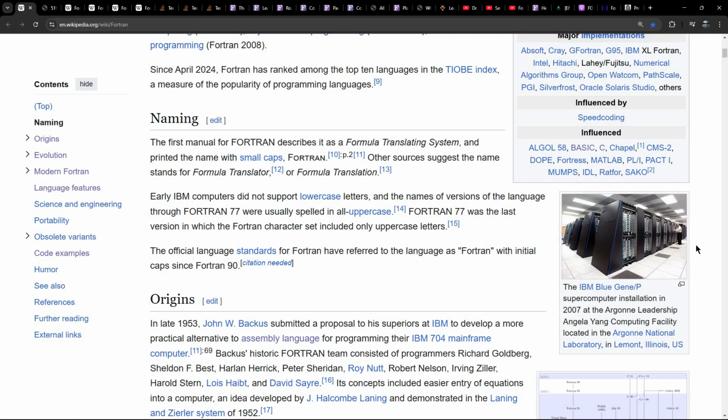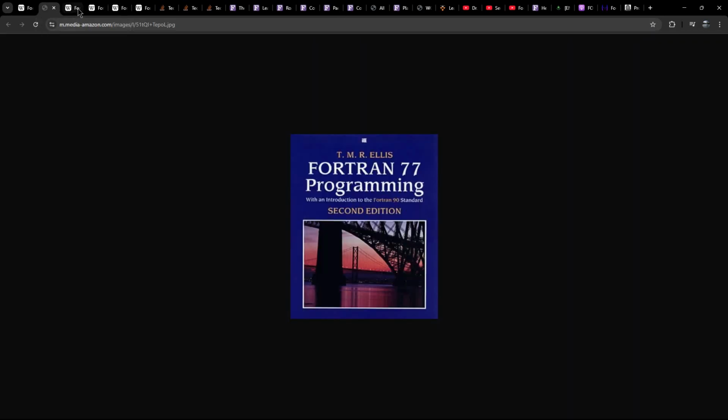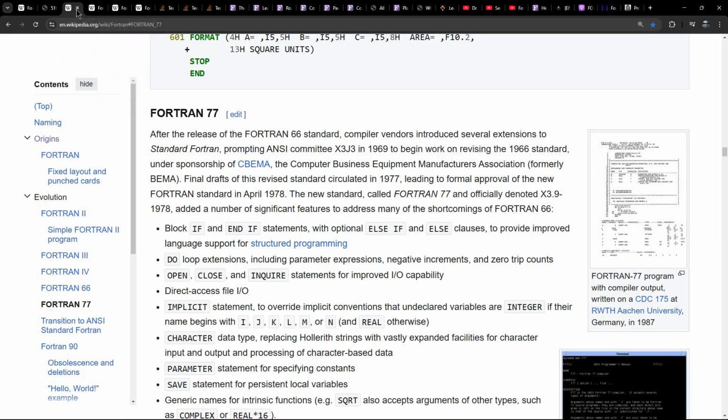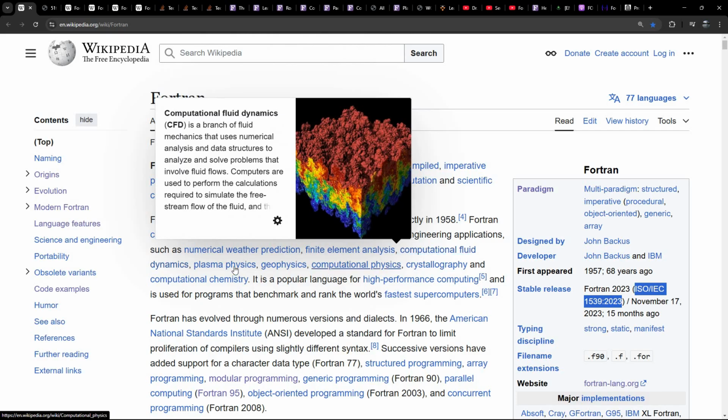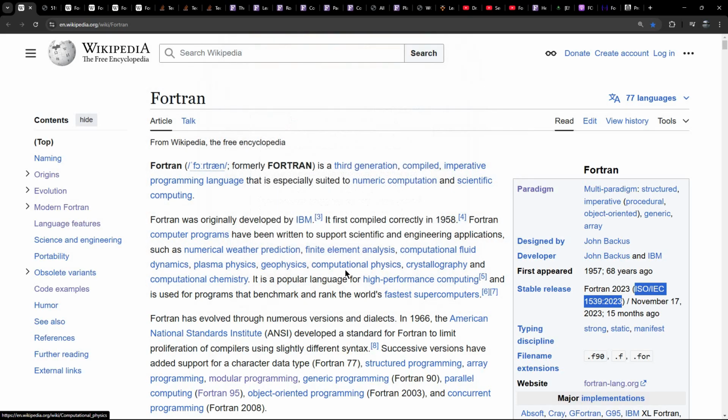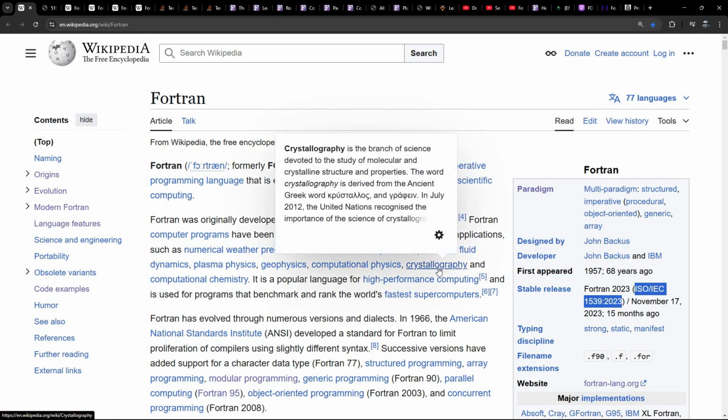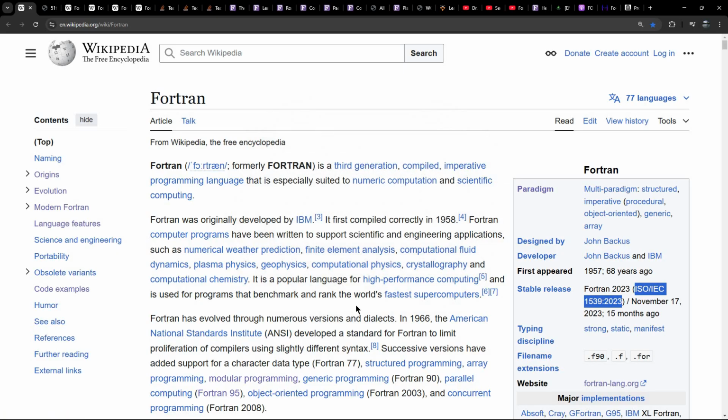Now, outside of purely interest or academic study, why else might you want to learn it? Well, as it says here, it's used in scientific and engineering applications, so weather prediction, finite element analysis, computational fluid dynamics, plasma physics, geophysics, all the really high intensity science and engineering stuff. And it's very popular in there. It's a high performance computing language,